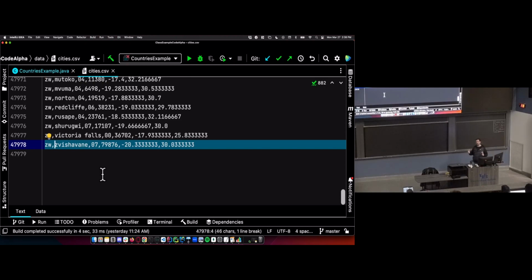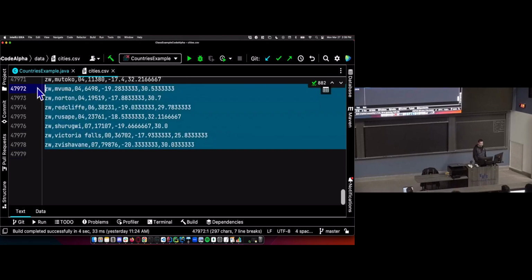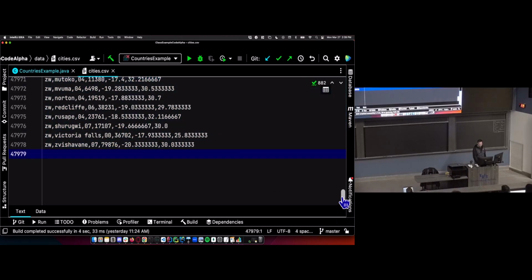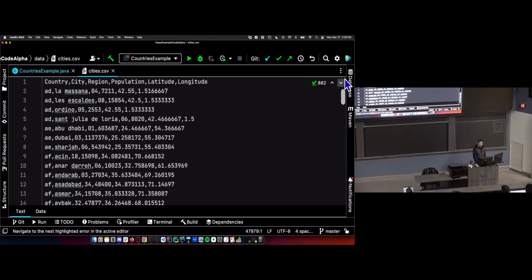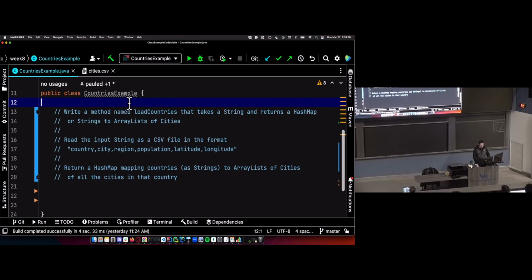So this is one of the big advantages of using files: we can work with a lot of data. We can process a lot of data without too much code. There's no way I'm going to manually do anything with all these cities. I'm not going to do anything 47,000 times, but I'll write a loop in a few lines of code to process this data and get all of the data in a way that I can work with it in my code. So let's do exactly that.